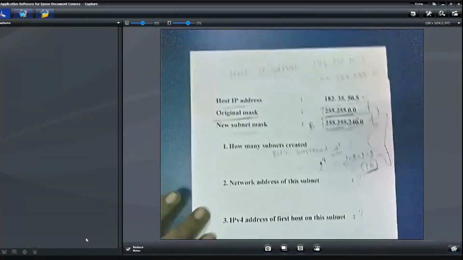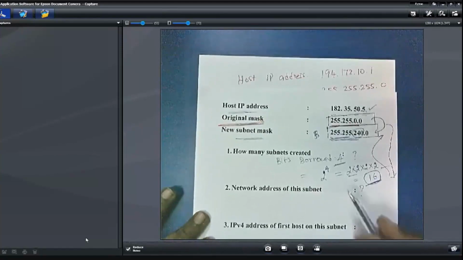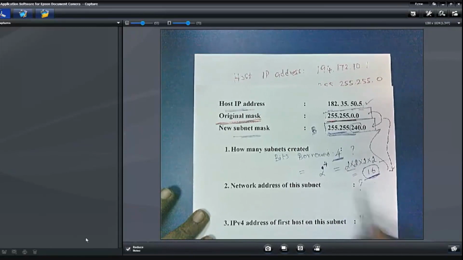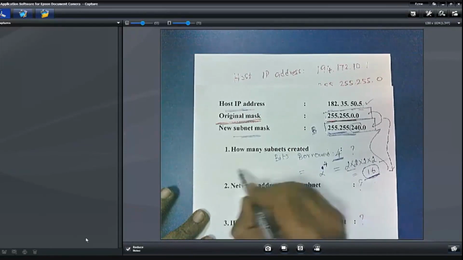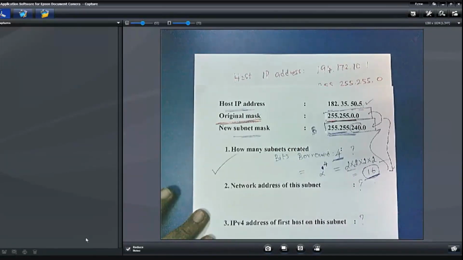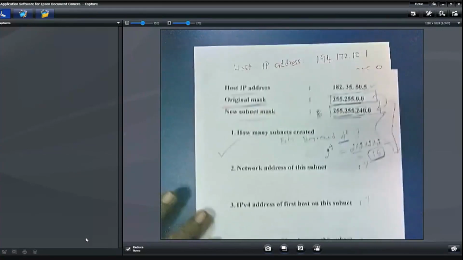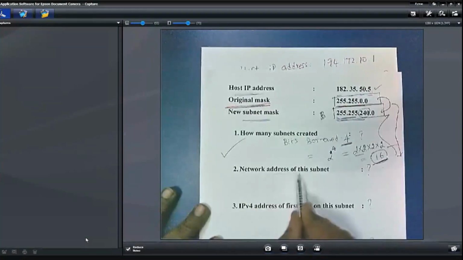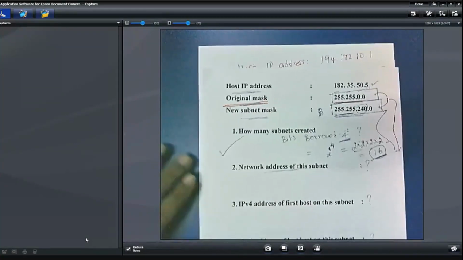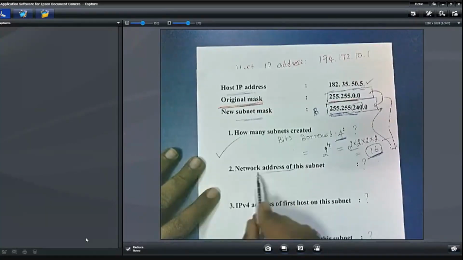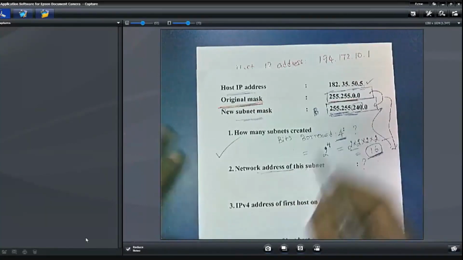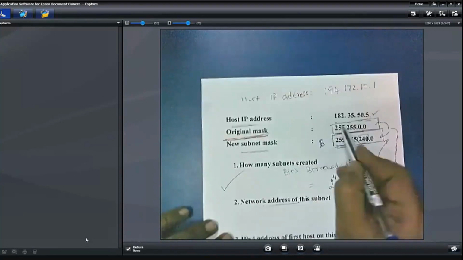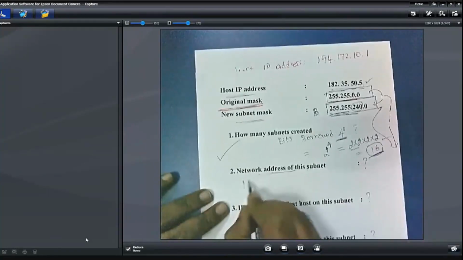In this problem, we already found bits borrowed is 4, so number of subnets created is 16. Finished. Then, what is the network address? All of you look at the paper very carefully. What is the network ID of this subnet? They are giving an IP address. Take this IP address,